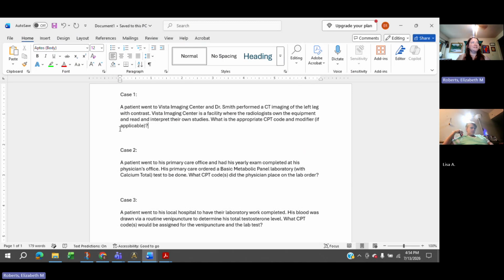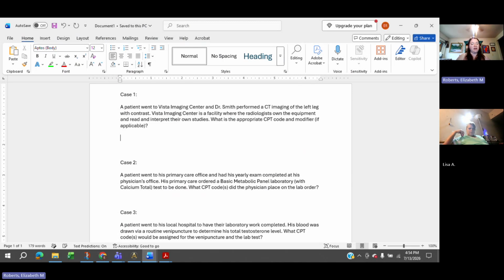Okay, so sorry, I went blank there for a second. When we're coding radiology, and I like to have us do this for pretty much every section, ask yourself questions when you're abstracting the note to say, how am I coding this? The first question you want to ask yourself is, what service was provided, and maybe I should even say what imaging service was provided. Was it an X-ray? Was it an MRI? Was it a CT scan?